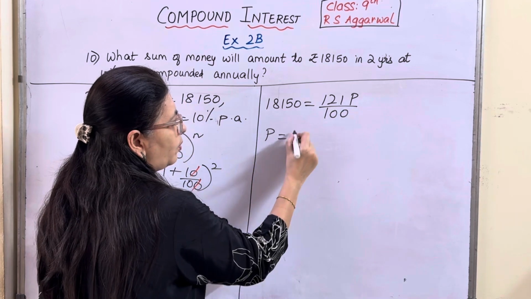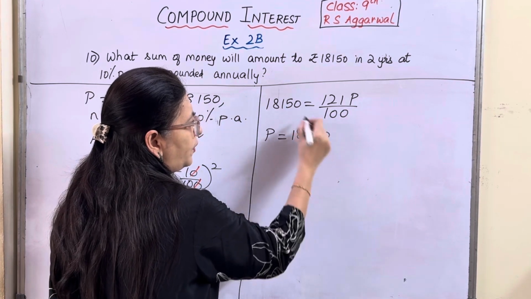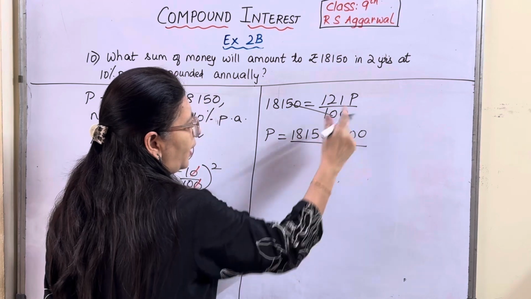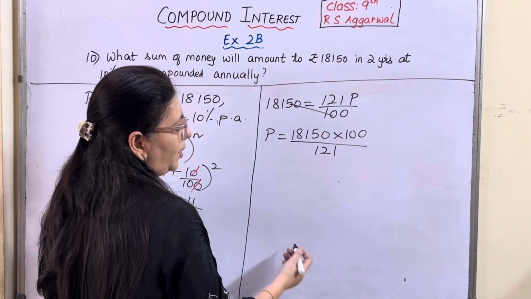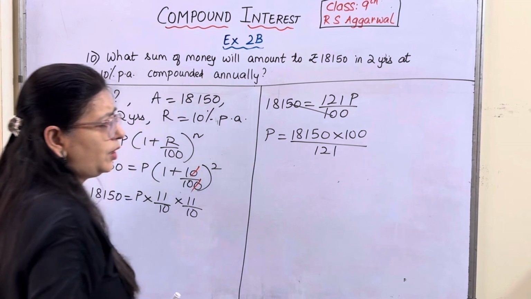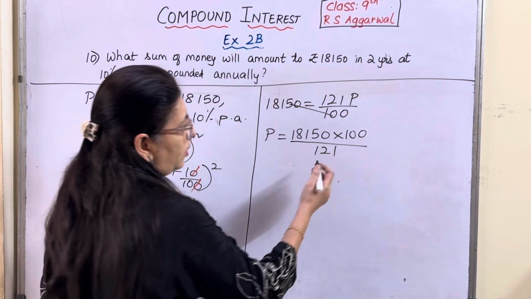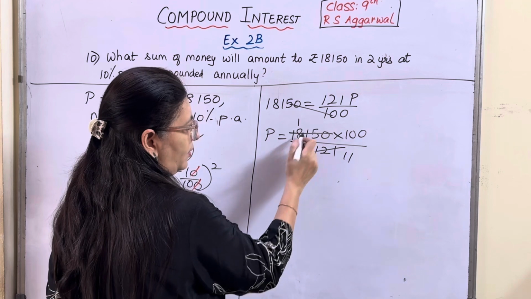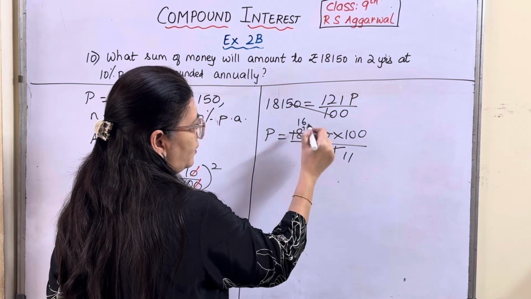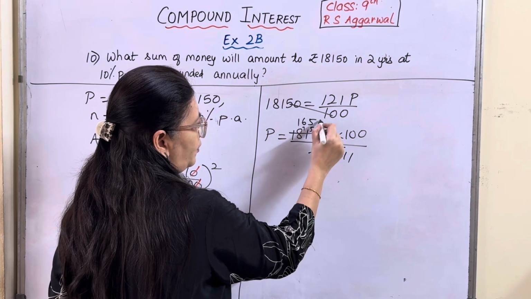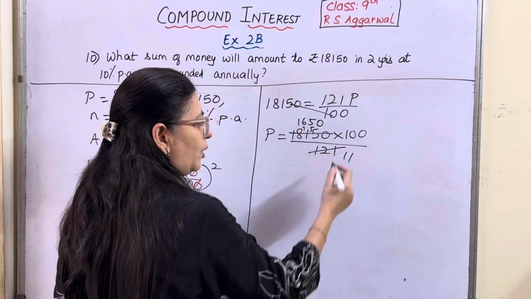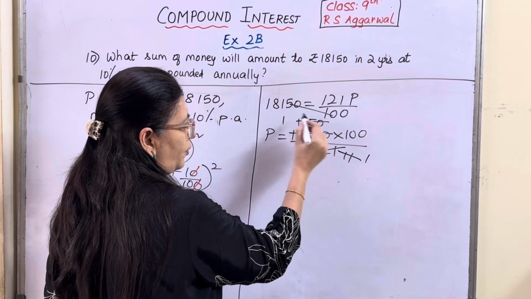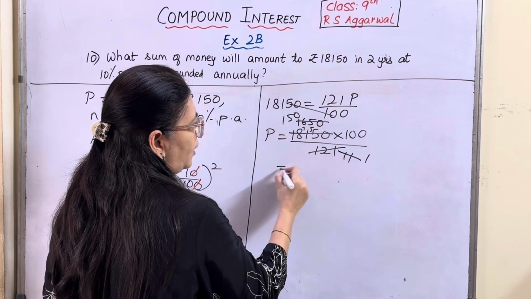So P will be equal to 18,150 cross multiply into 100 divide by 121. Which table will it go? 11's table. 11 11s are 121, 11 6s are 66, 5 5 0. Again it will go in 11's table. 11 ones are 11, 11 ones are 11, 5 and 0. So the answer is,